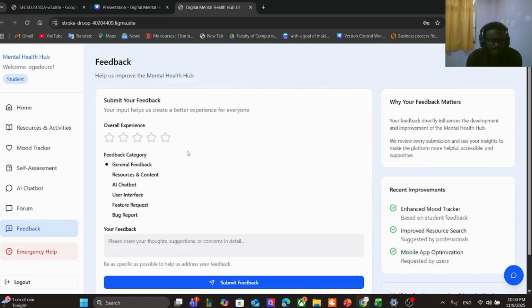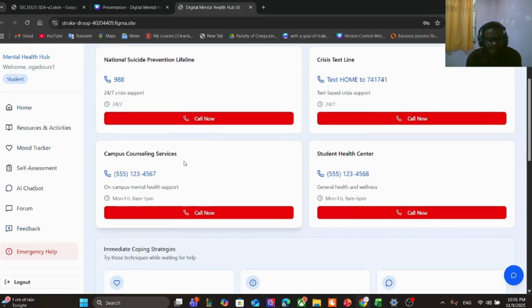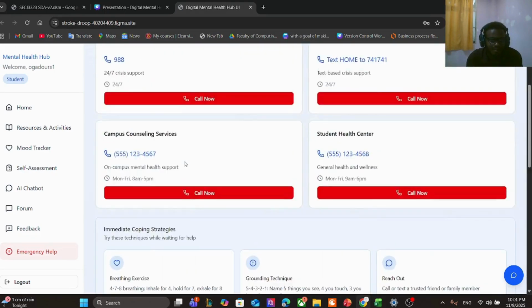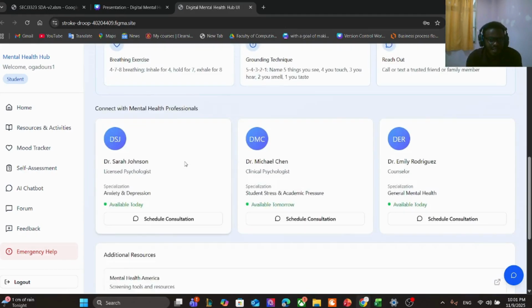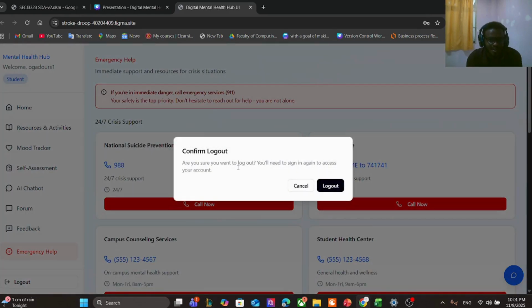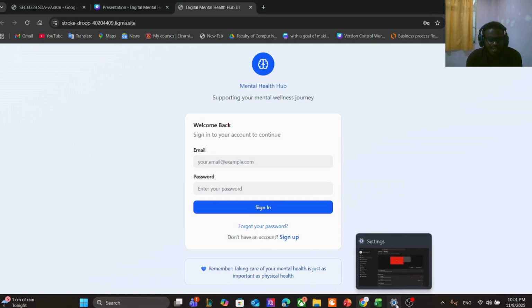There is also the feedback option. You can give feedback for the application, and after that you have the emergency help section, which is the final section, where you can contact different help or guidelines for your mental health. After that you can log out of the application, and that's it for our student part. My friends will explain the professional